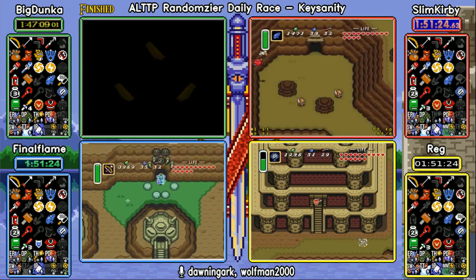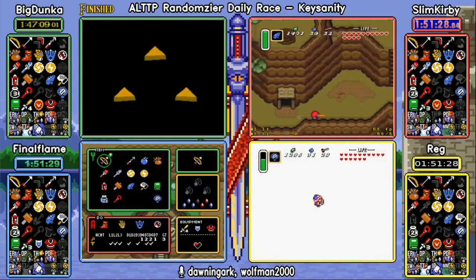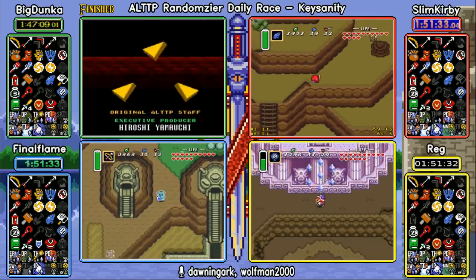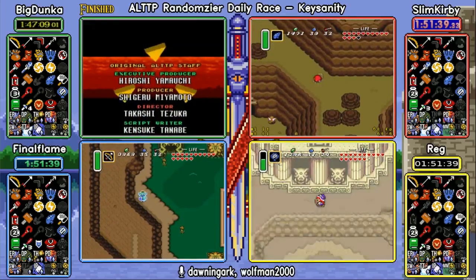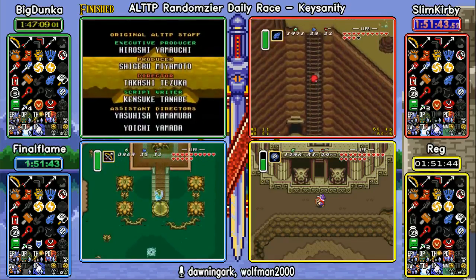And Reg is going into Ganon's tower right now. SlimKirby needs to take care of Tower of Hera first, and then we'll follow behind. He's got the crystals. Flame, he's good to go. Did Finalflame get the...